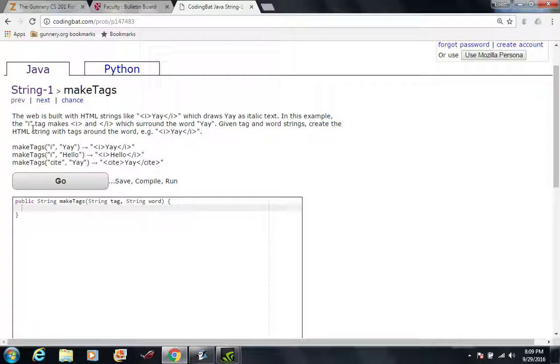In this example, given a tag parameter and a word of strings, create an HTML tag. All right, so the tag part is here. I have to create the less than and greater than signs by myself. So how do I do that? Anytime I make a variable, I have to initialize it, and I always initialize strings to what? Empty string, yep. Now, answer equals,